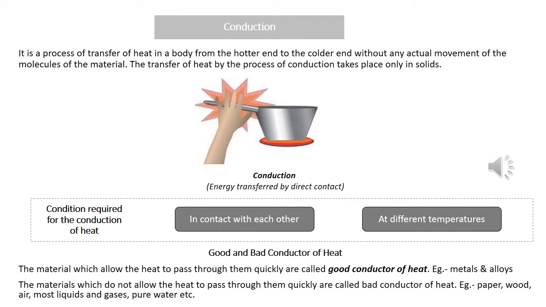But in this case, beta, when heat is getting transferred, this method always takes place in solids. Remember, the transfer of heat by conduction takes place only in solid objects. And in solids, molecules are very tightly packed. So what happens when one molecule is getting heated? It cannot shift, it cannot move, because there is no space between the molecules or particles. So the heat is transferred to the other particle but without shifting. There is no actual movement of the molecules, isn't it?